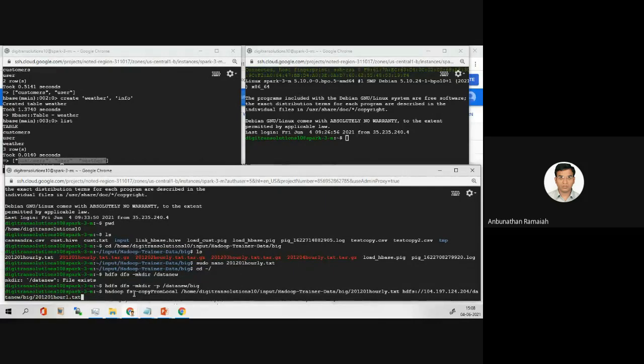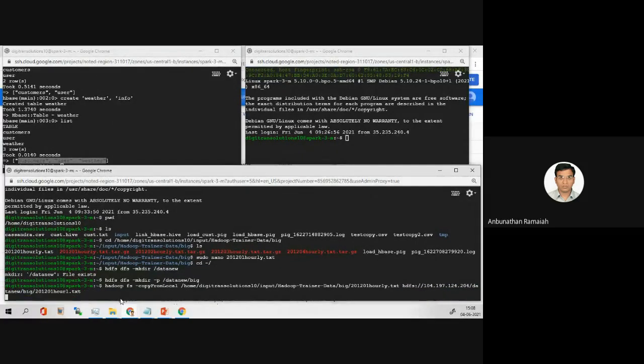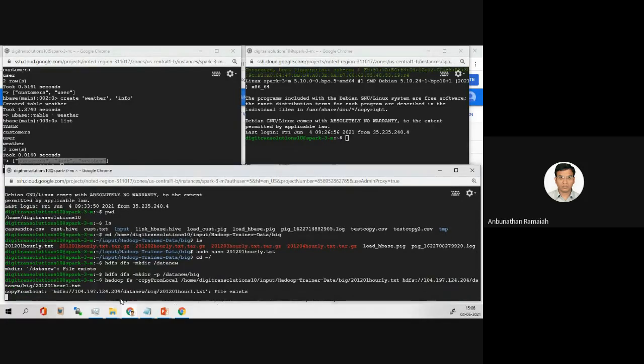The Hadoop file system, copyFromLocal, home. This is the path where we downloaded the text file, to the HDFS folder. This is the file we are going to copy now. File exists again, the same problem. Yesterday I did this, so that is the reason it is there.